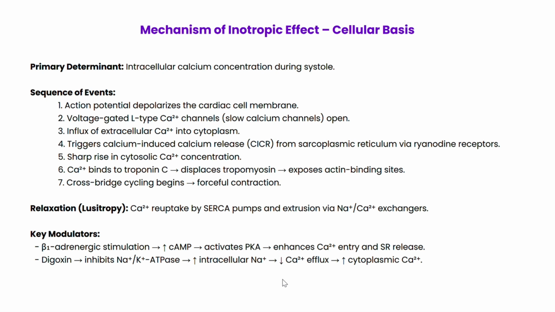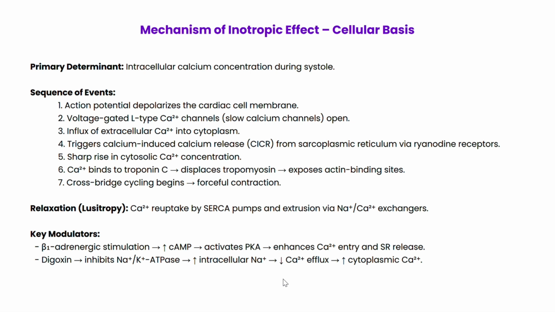Certain factors enhance this calcium cycling, increasing contractility. For example, beta adrenergic stimulation increases cyclic AMP, which activates protein kinase A. Now, this protein kinase A enhances both calcium entry and calcium release from the sarcoplasmic reticulum. Another example is